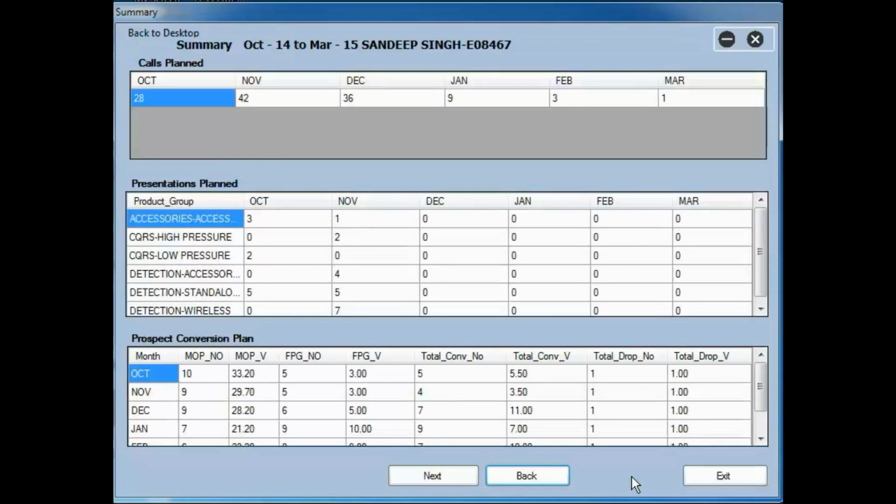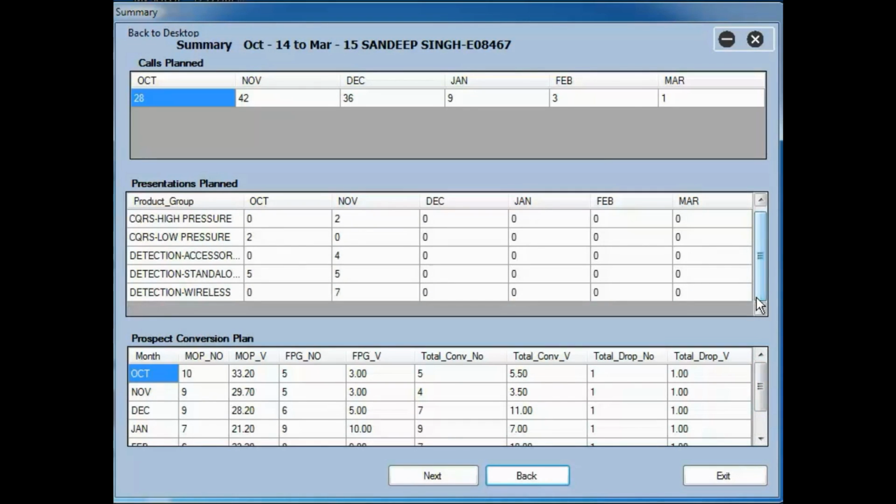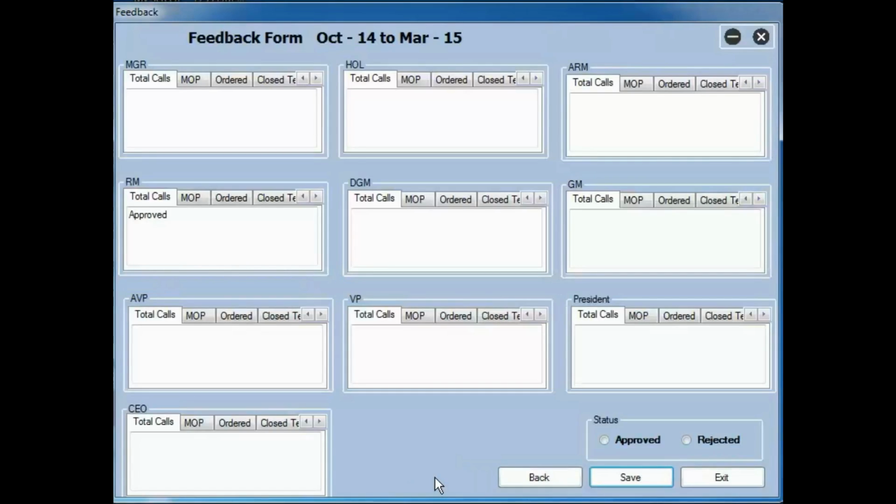Here comes my complete summary. I go through this summary once again, ensure that I have taken all precautions, I have gone through the data completely, and I go to the next slide. In this next slide, what you will see is that because I am the RM, since we are working from Mr. Dubey's entry, here we see that total calls are approved. So I've got total calls approved, and as I keep moving using this key here,